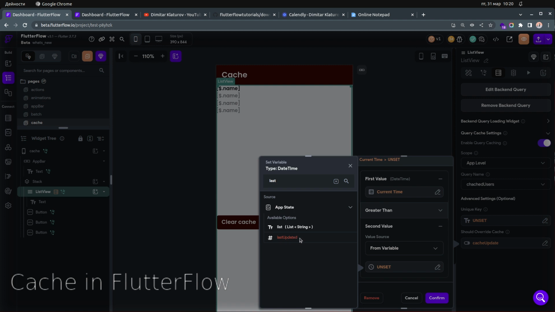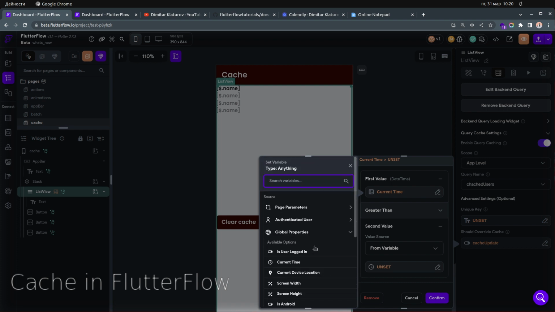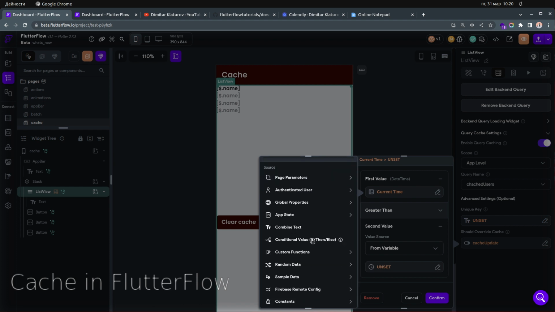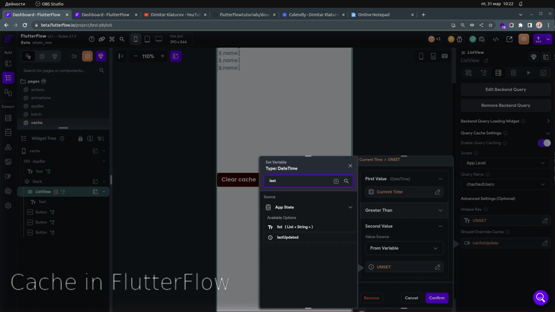The problem with the last updated is that it is actually returning an integer, and I think I have to convert it, because this is returning a datetime. Let me show you what I mean, into a date stamp, because this will not work if it's returning like that. So I actually changed the data type of the app state, and now it's returning a datetime and not an integer. So when I click last updated,